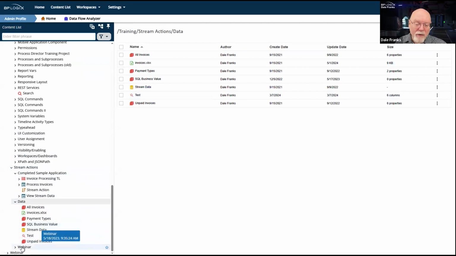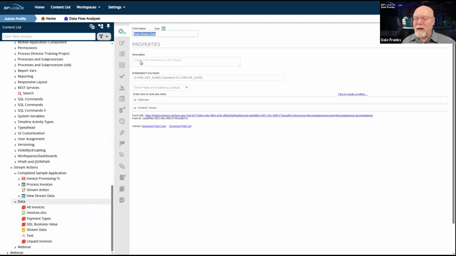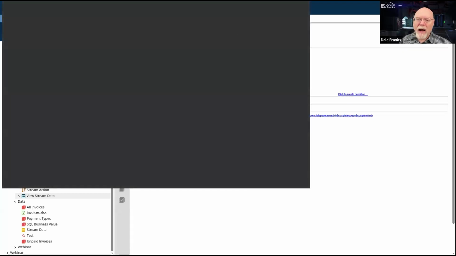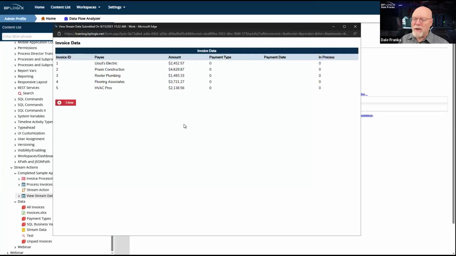Indeed, I've made a form. I've made an array form where we can actually look and see what the data is in my external database. I brought it in from Excel. I imported it into the Process Director internal user database so that I have a SQL data source based on that. So I can treat it as an external set of data. So I basically have 5 records.